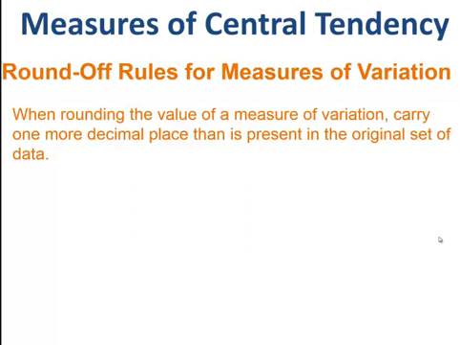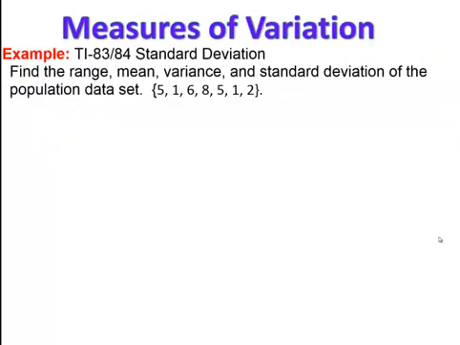The round-off rule for measuring a variance is similar to the mean, median, and mid-range. When rounding, the values of the measure of variance carry one more decimal place than presented in the original data set. So it's the same as the median, mean, and mid-range. So we're going to be using the calculator to find the standard deviation. It's important to know that the calculator uses that formula that was shown, but the calculator will do the work for us. So we want to find, in this case, the range, mean,